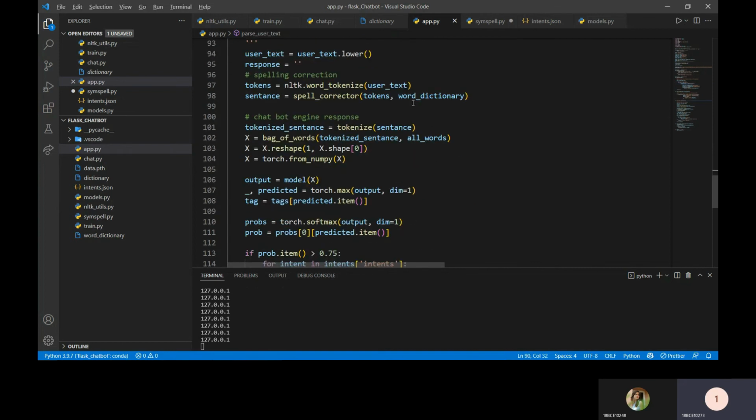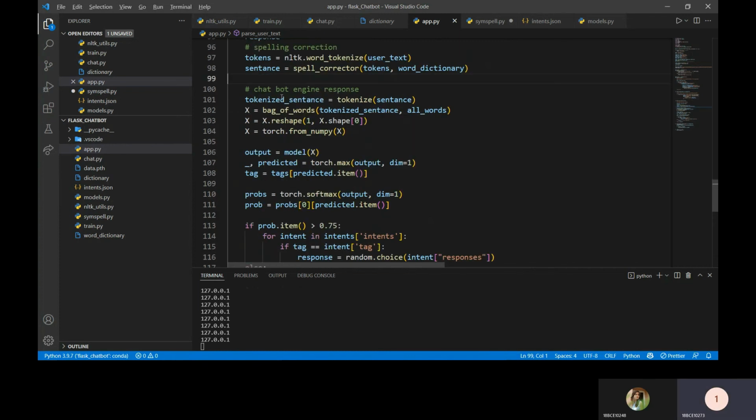What we are doing here is converting all the user inputs into lowercase alphabets, and then we are tokenizing it and sending it to the spell corrector. After the spell corrector, we get the sentence with all the corrected words.